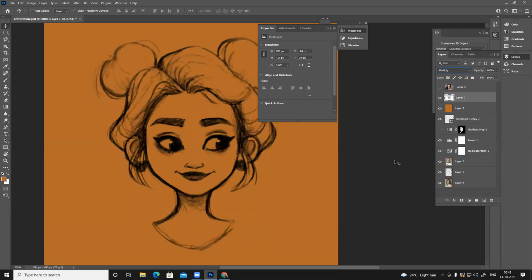It's a blending mode. It's basically the blending mode of that layer. Multiply only shows darker tones or black tones. The subtract mode is also there. Subtract is basically like subtracting some color. Suppose I want to subtract yellow from blue, so it will become green or some other color.